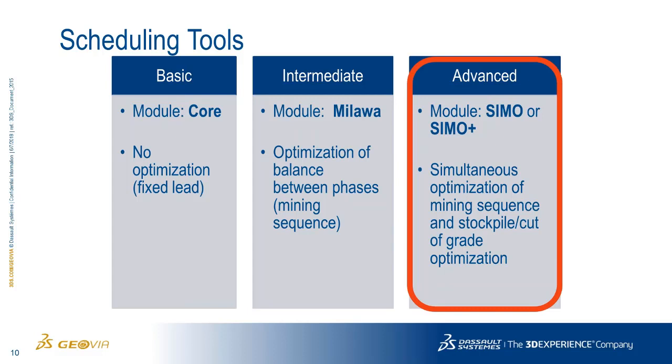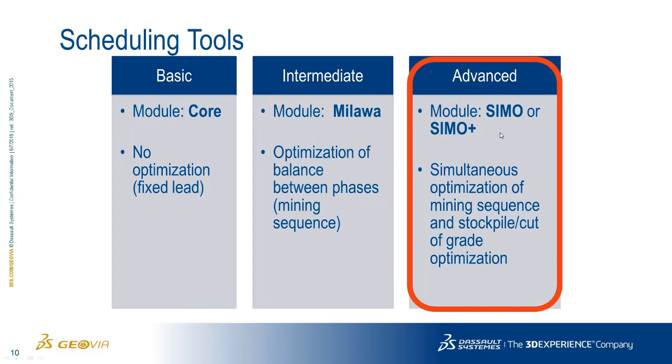So what we're looking at is based on what we have on those benches, particularly in terms of tons: do I have enough tons to fill the mill or not? What's available on those exposed benches? That's going to determine when I make that transition and how much I mine out of each phase.